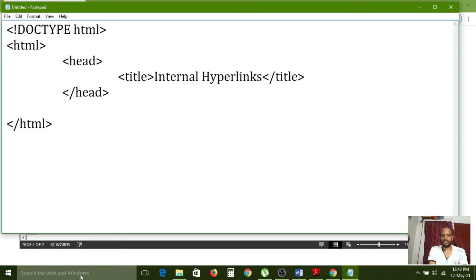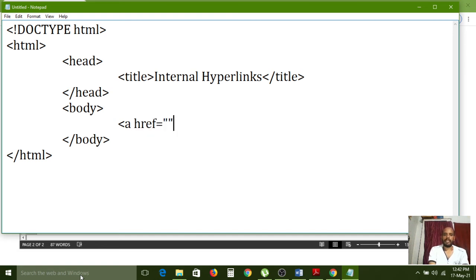Next, in the body section we have to create the hyperlink. href is the attribute to give the destination file name, for example, courses.